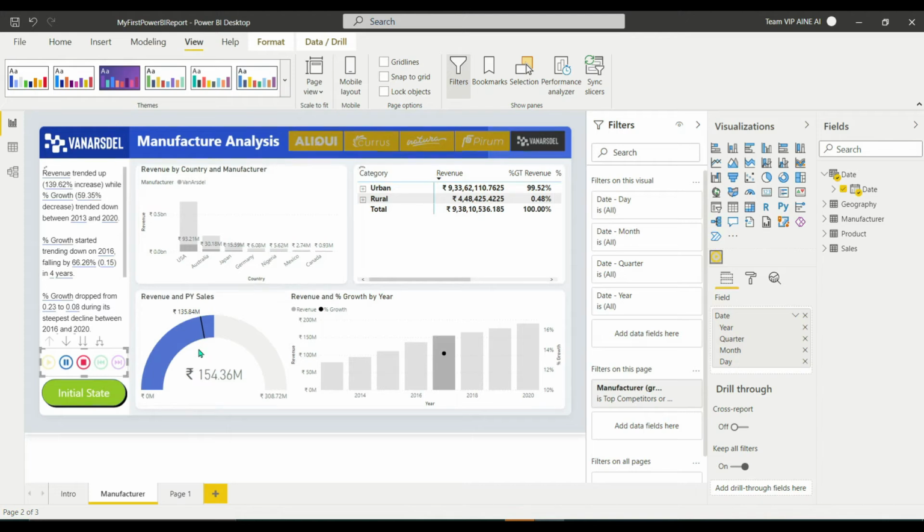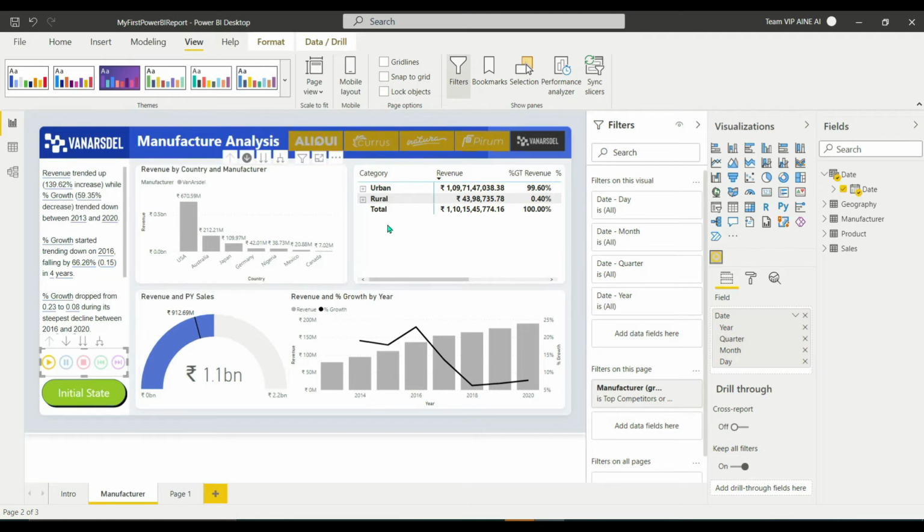This is the advantage of using the play axis, and you can also use the pause button. If you are looking at 2016 and want to suddenly stop, you can pause it and check how each data point has been achieved, and whether the target has been achieved for every year. So those kinds of analysis can be done.